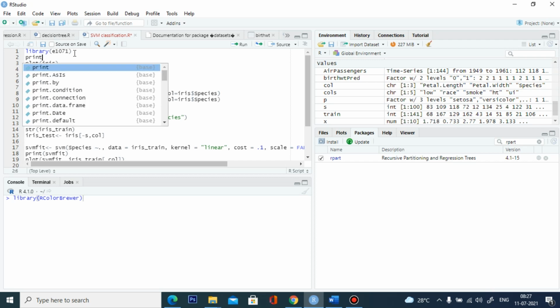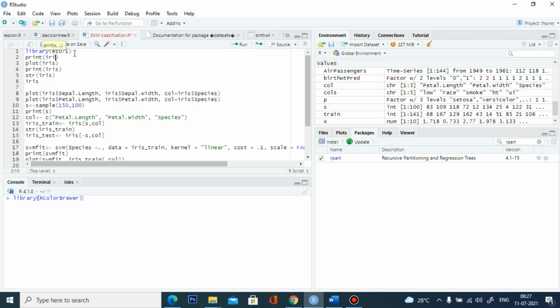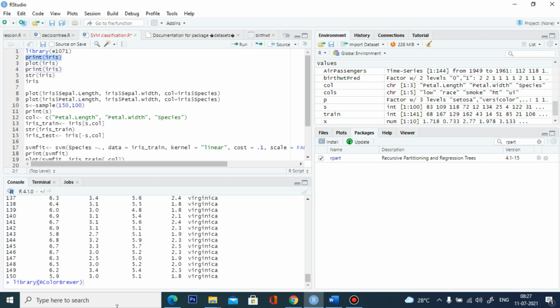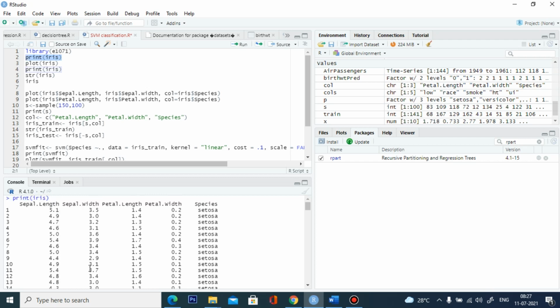Print iris. This is your iris data set, which has the target variables. I will explain the iris with its structure.